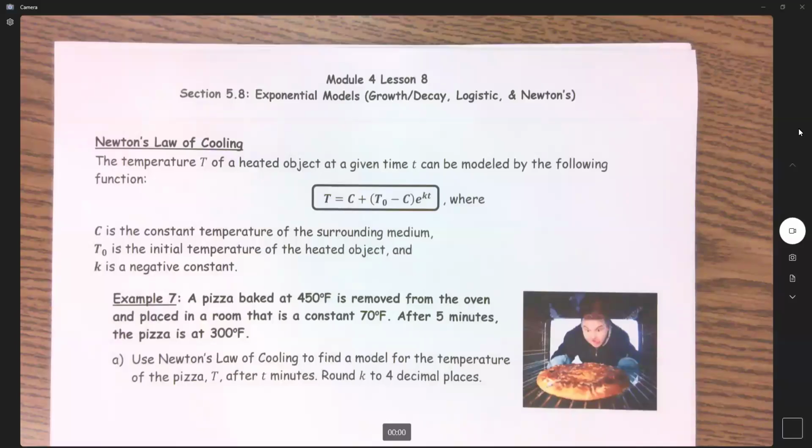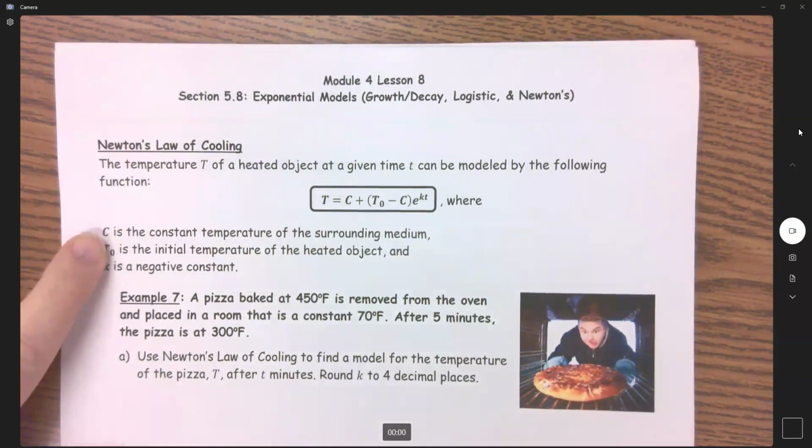Last video in pre-calc, we are going to end it with the inventor of calculus, or at least the co-inventor of calculus, and that is Sir Isaac Newton. And so Newton's law of cooling says the temperature T of a heated object at a given time t can be modeled by the following function, where